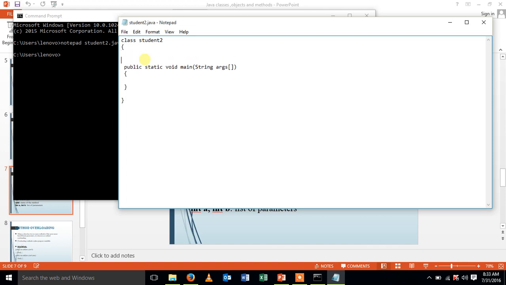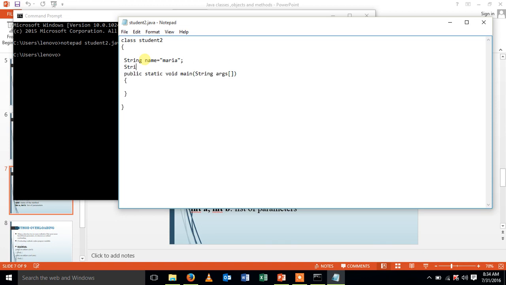Now let me create the attributes for a student. The attributes of the student may be the student's name, register number, and the course which he has opted. The name is of type String, and I'm declaring it as Maria.